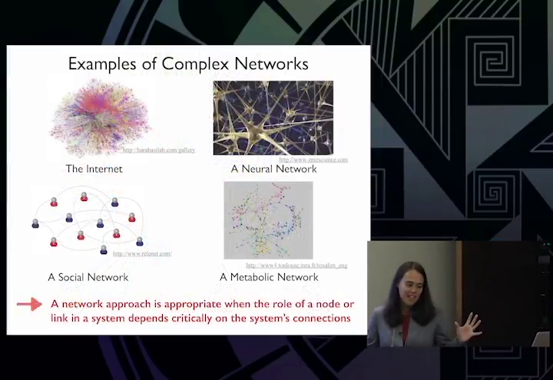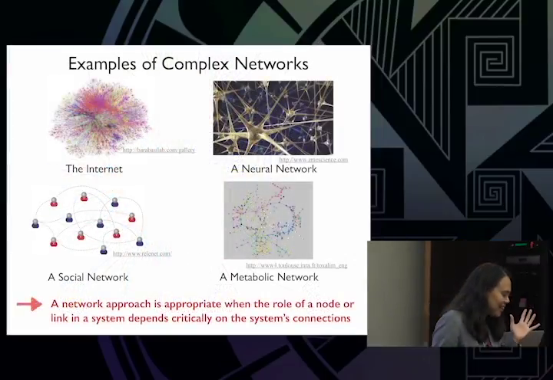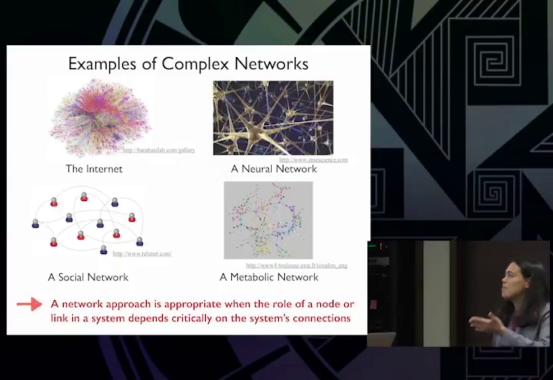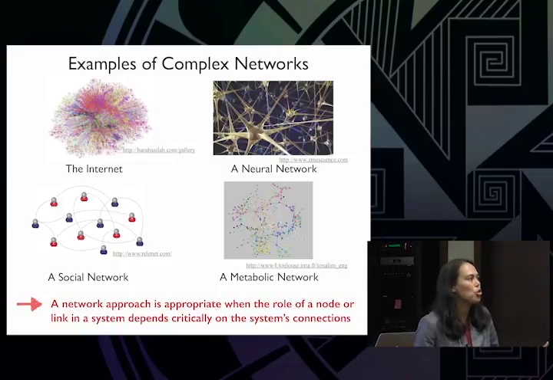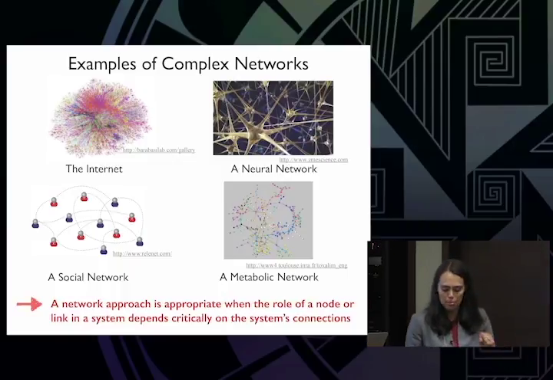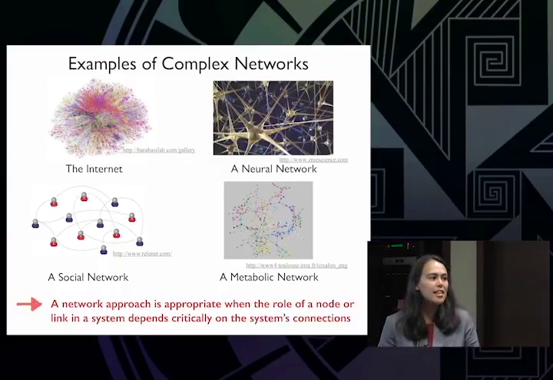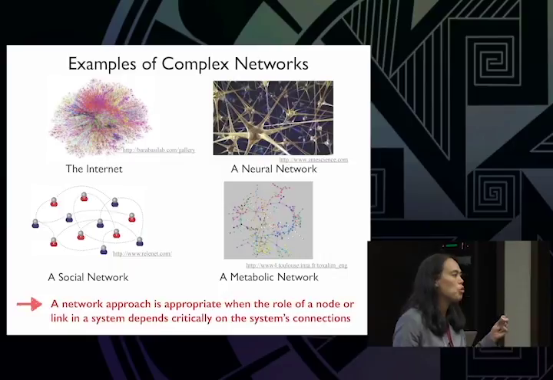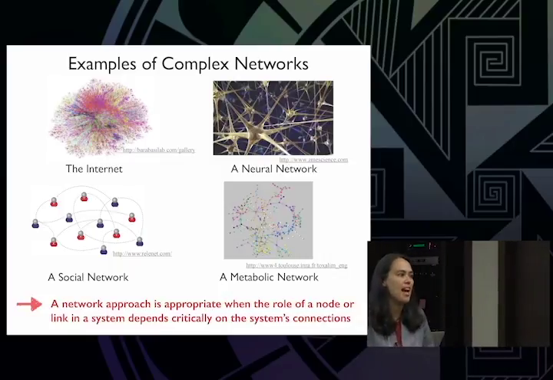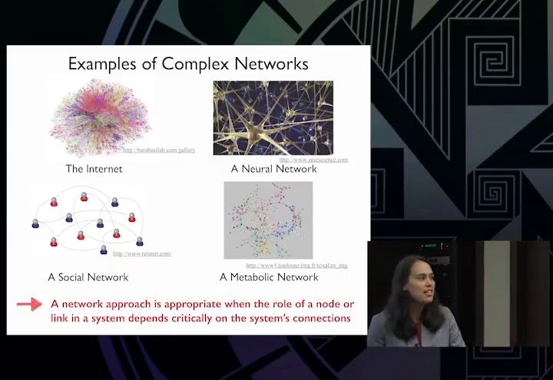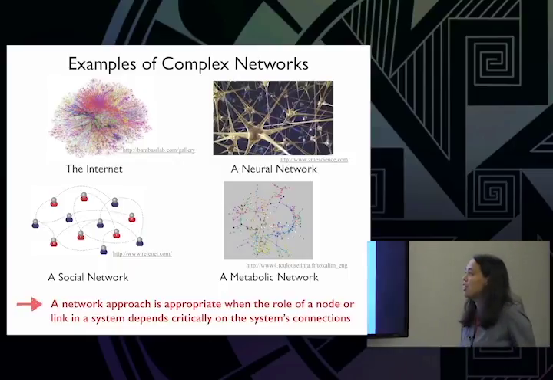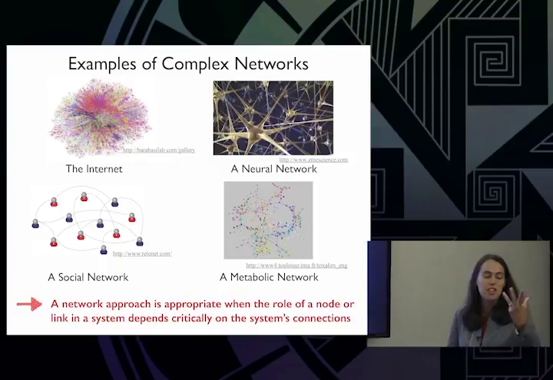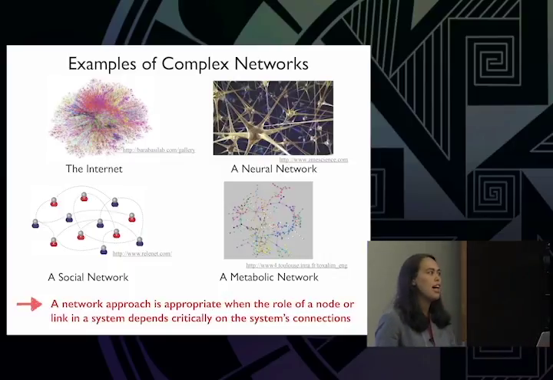But before I begin, I would like to say a little bit about the types of systems that we're thinking about. So networks are everywhere. In a lot of social systems, biological systems, technological systems. A lot of times it's really useful to represent those systems as a network, a set of components and their interactions. This is useful in a lot of different contexts, and sometimes these networks are physical, hardwired networks,